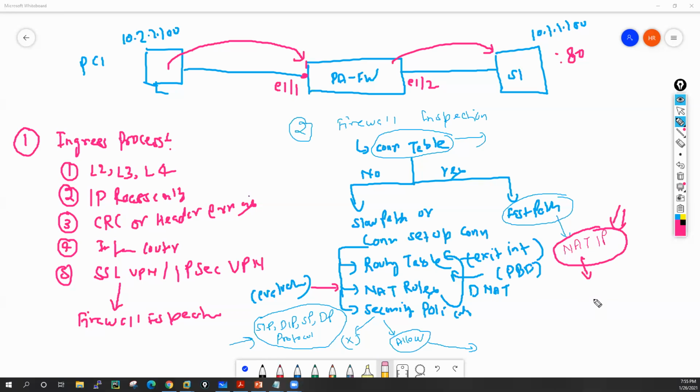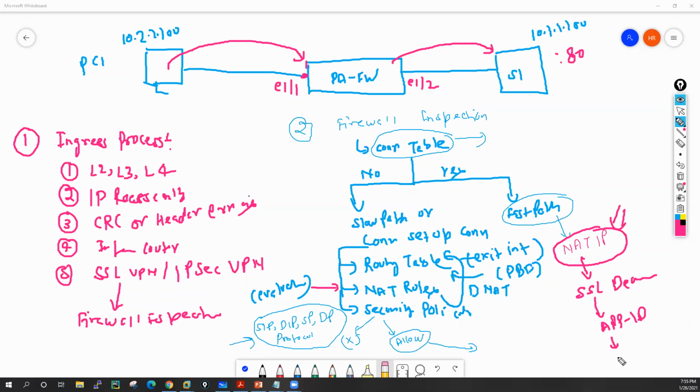After that, it will check that packet for SSL decryption, whether we have an SSL decryption policy or not. If we have an SSL decryption policy, then it will decrypt the packet and send that packet for App-ID. Then app identification happens. In App-ID, it will check for app override policies. Then it will also check for custom apps. All these things happen, and it will try to identify the application.